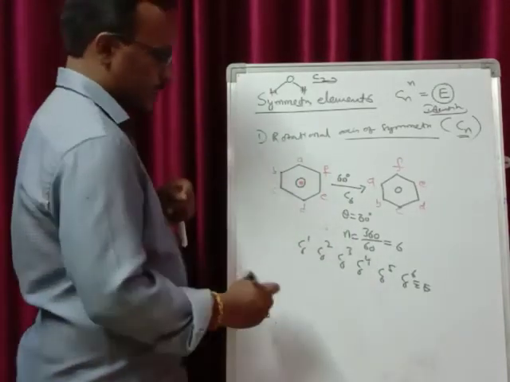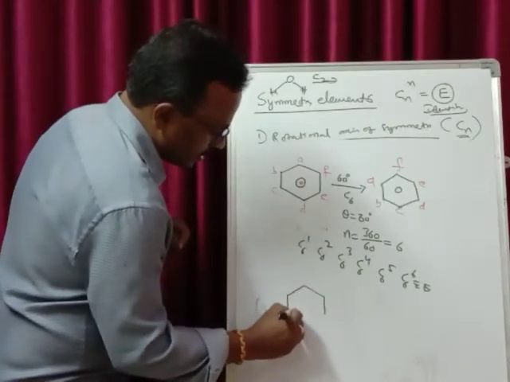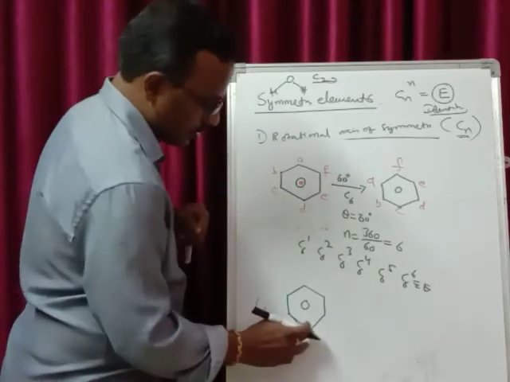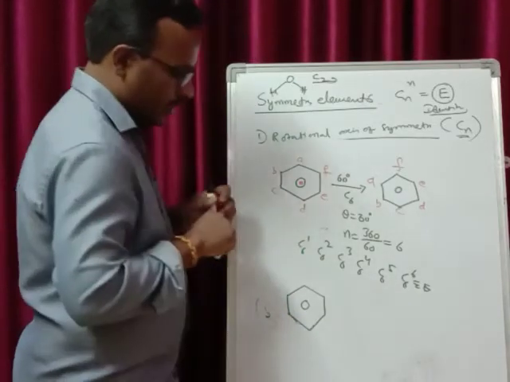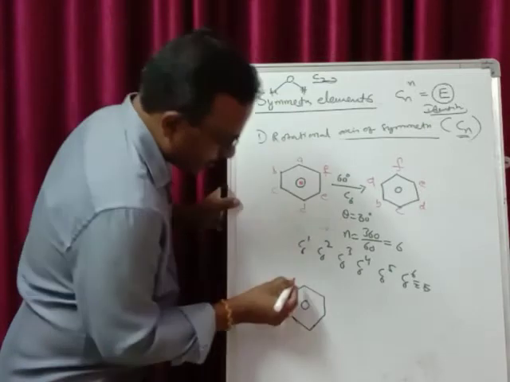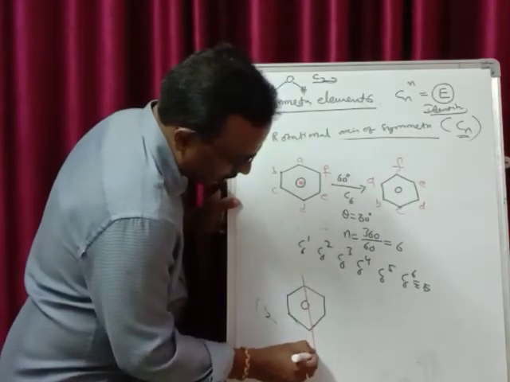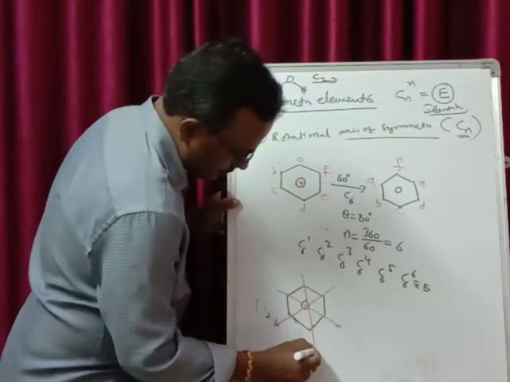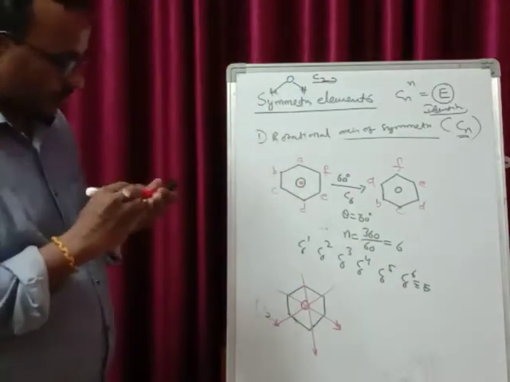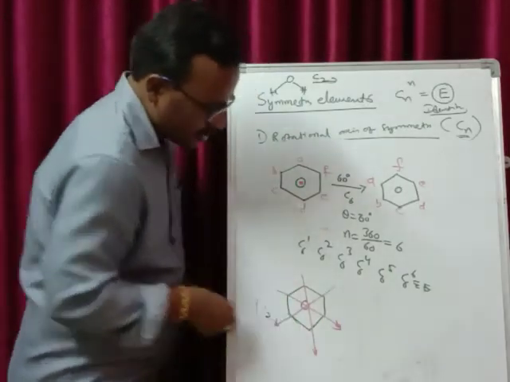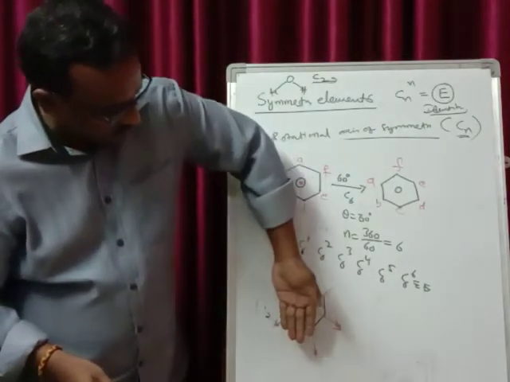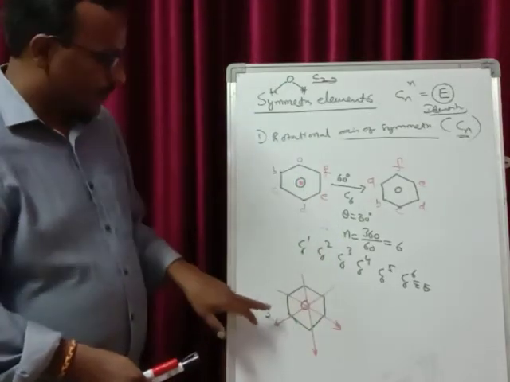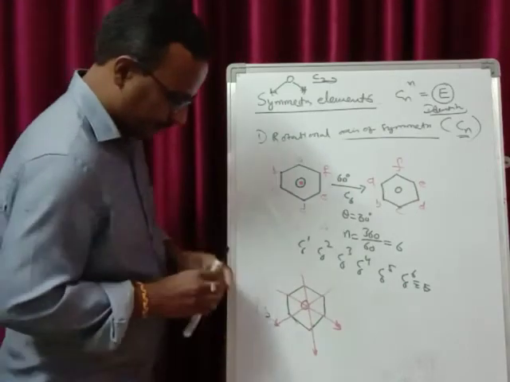Now benzene also has C2 rotational axes of symmetry, and those C2s are passing from the opposite corners like this. Now the axis is passing from this corner to this corner, such that the structure is like this. We are going to rotate by 180 degrees. If you rotate this 180 degrees, you get the equivalent structure. Therefore, it has 3 C2s.